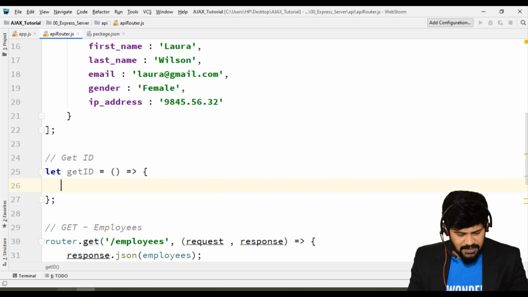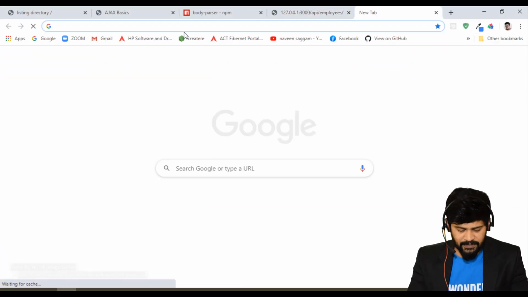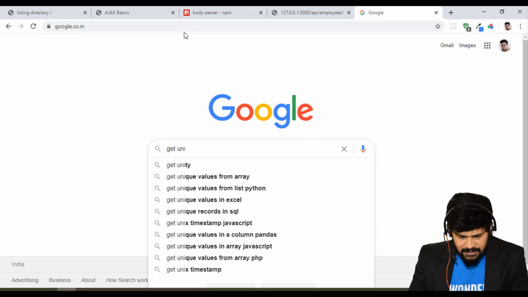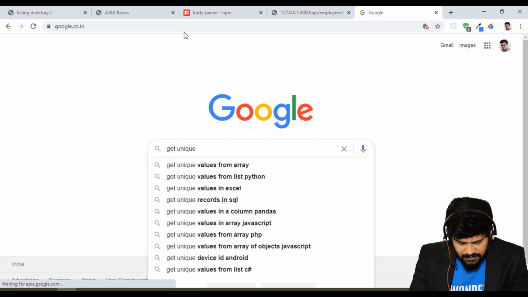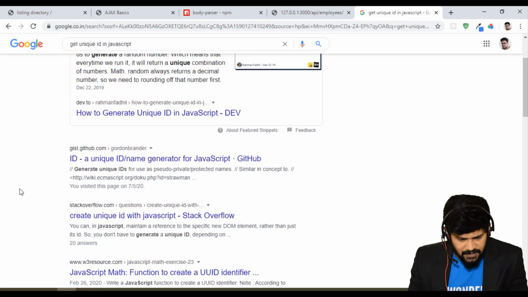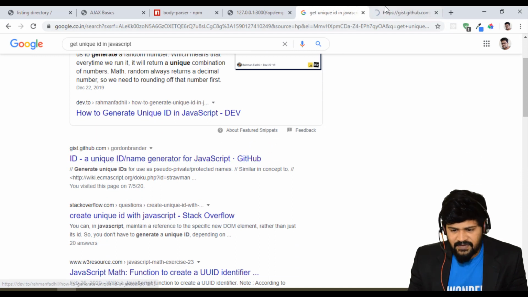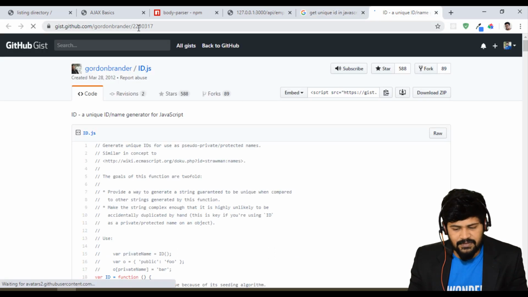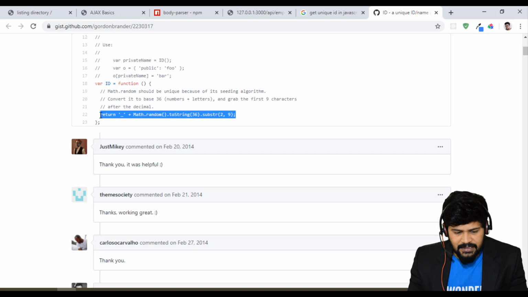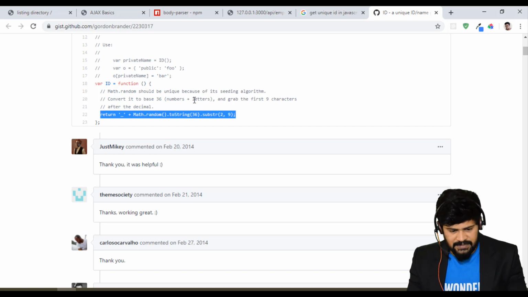Do one thing, you can search in Google for how to get a unique ID in JavaScript. See, this is a website where a person on GitHub made how to create a unique ID. This person has written Math.random().toString of this one. It will create a new ID every time. So let me copy that.